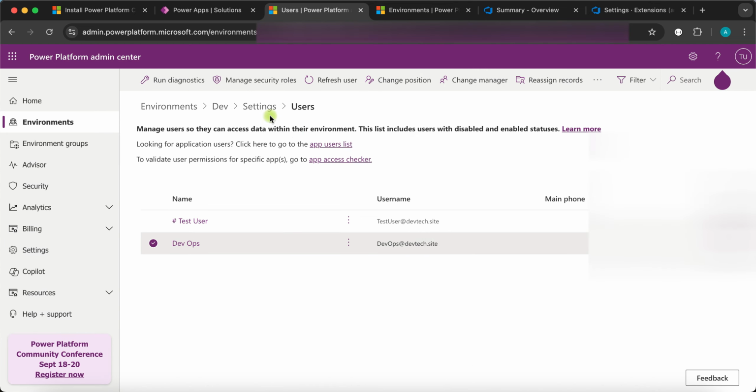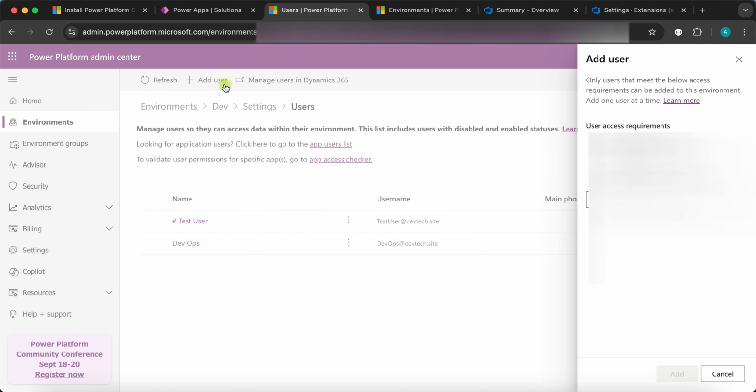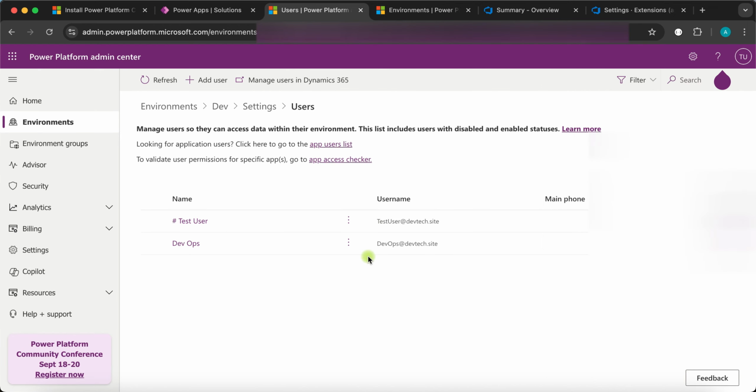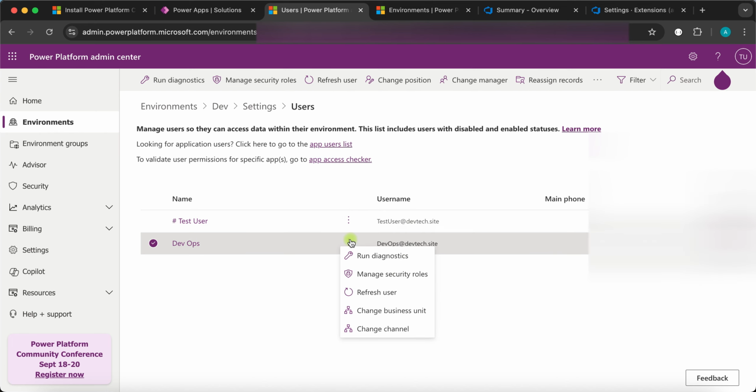If you'd like to add another user, you can basically just click on add a user, search for that user. Let's say test user. Since I'm the owner, I already have access to this one. But if you would like to add, you can do it from here. So once you add that user, you can see if I've already been added to this environment, and you can